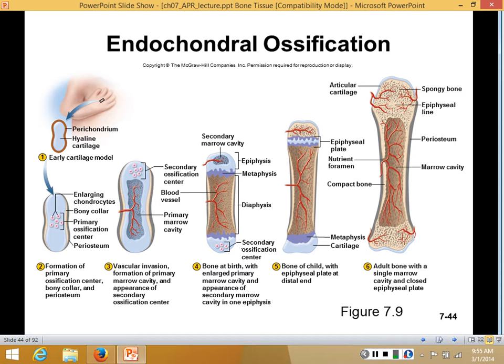Someone read number 4 for me, where it says the secondary, start at that paragraph above it where it says soon chondrocyte enlargement and death occur. Now everybody read at the same time. Soon chondrocyte